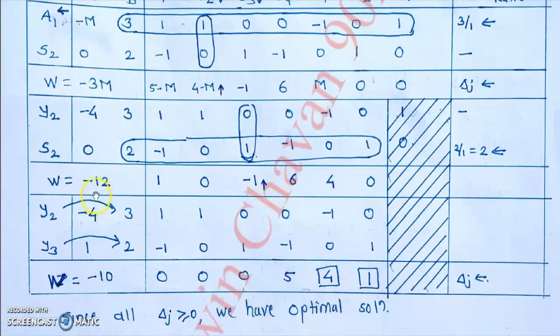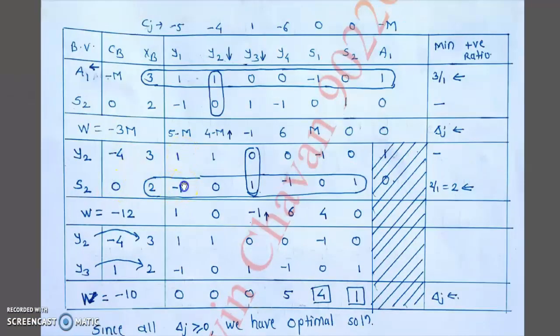Therefore we have W equal to minus 4 into 3 plus 0 into 2, that is minus 12. We calculate delta J as minus 4 into 1 plus 0 into minus 1, that is minus 4 plus 5, so 1. Then this 0 is calculated as minus 4 into 1 plus 0 into 0, so total minus 4, minus minus 4 is plus 4, that's why 0. Then we have minus 4 into 0 plus 0 into 1, so total is 0 minus the top element 1 is minus 1, and all other elements accordingly. In delta J, if we have no negative number, then we are done. But we can see minus 1 is still there, the only negative number.